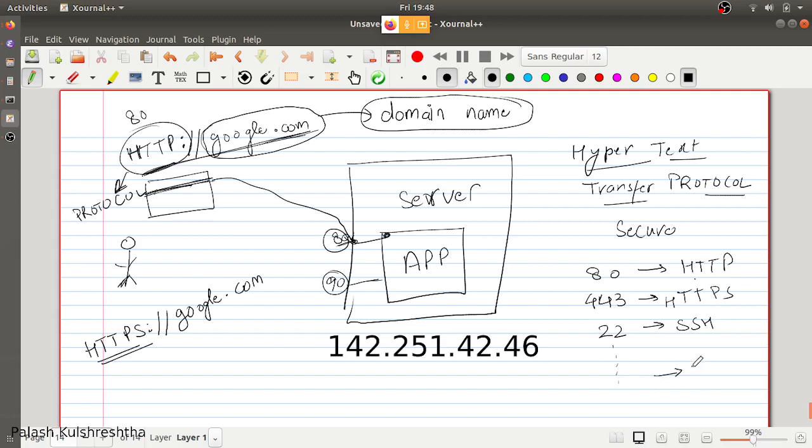You can run your services on non-standard ports as well. You can say that I don't want to use port 80, I want to host my site on port 90. That is also fine, but it is going to break the convention that is followed throughout the industry, so you're going to face some issues when you are integrating with other services. Besides that, there is no problem in hosting your application on any port.